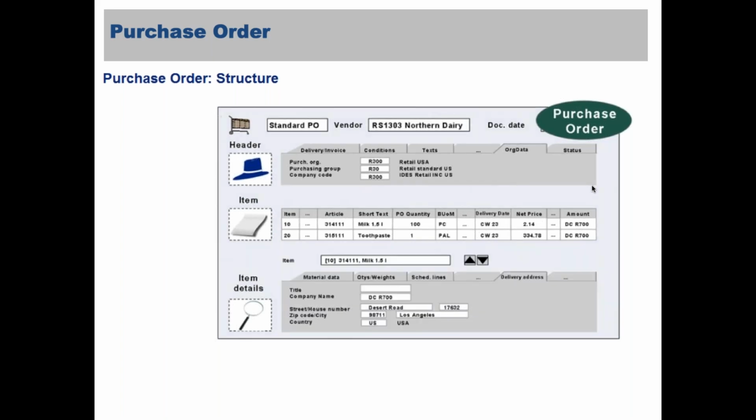And in item details, there are all the individual line items, right? Say for instance, line item 10. In the item details, if you select in the drop down here, item 10, item 20, those detailed information will be displayed. What is the net weight of that product, the gross weight of the product, what is the vendor address, and what date this article will be delivered. All those details will be displayed in the item details. Clear? Any doubts so far? No. That's how it will be.